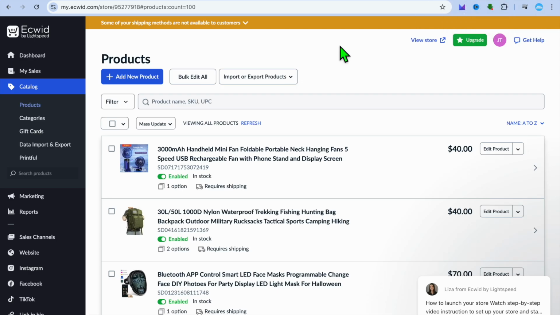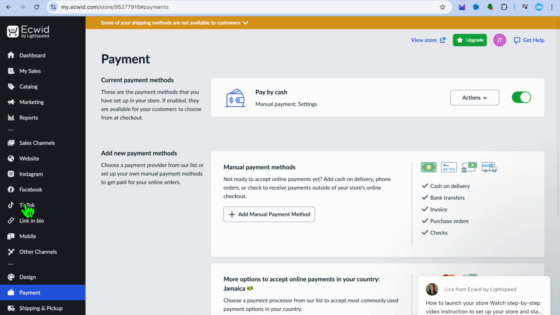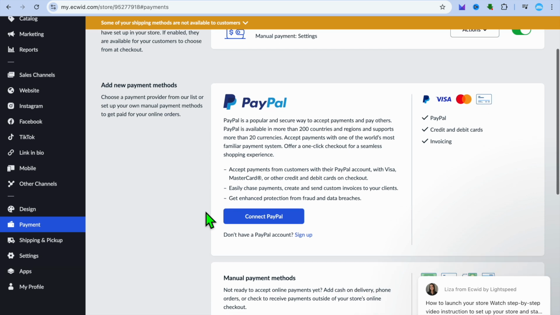Once the product has been listed, if we were to go back into Ecwid, then go over to the left hand menu option and select catalog once more and then tap on products, you can see the product right here. And now you can scroll down and select payment from the left hand menu option,